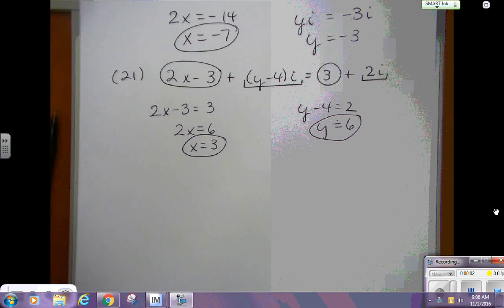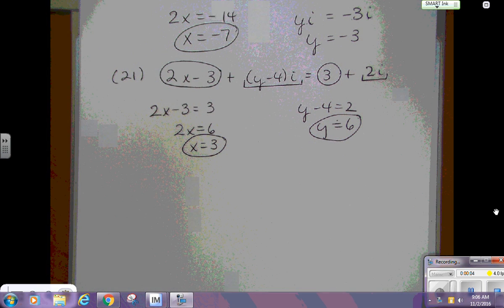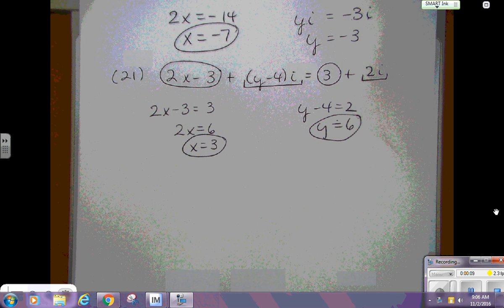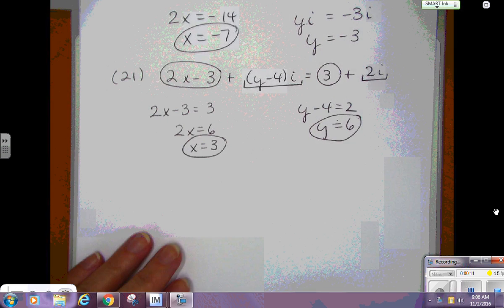Alright, so we're going to finish up notes from section 4.4. But there are a couple things that I want to go over with you that are not on your notes. So you might want to add this to the back of your notes. Okay, and the first thing I want to do is I just want to refresh your memory on